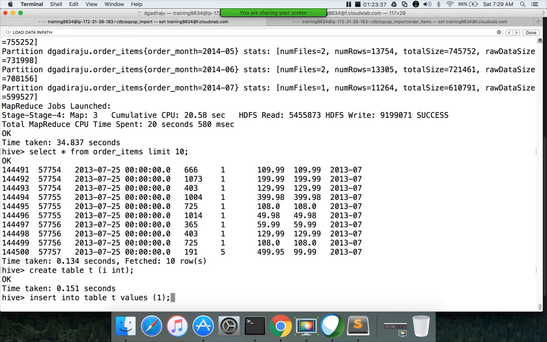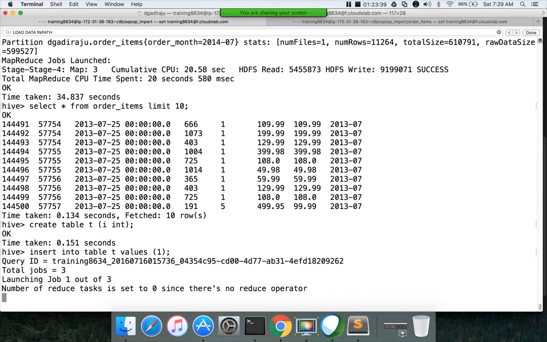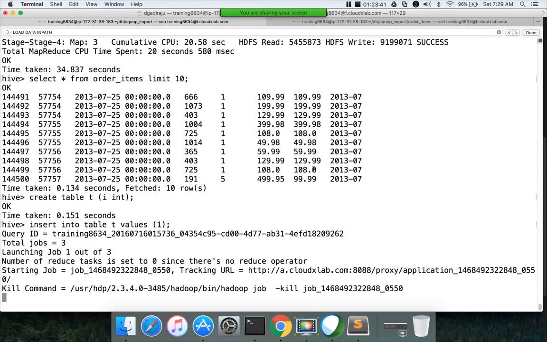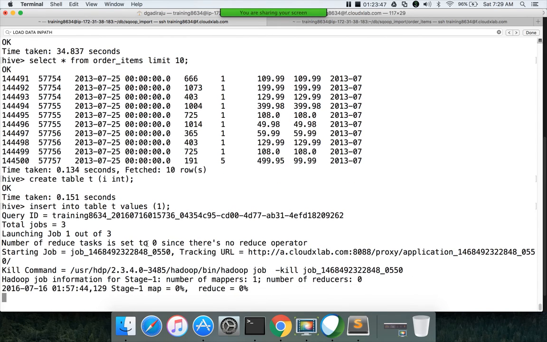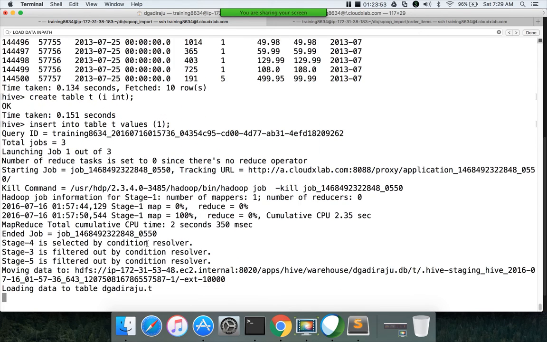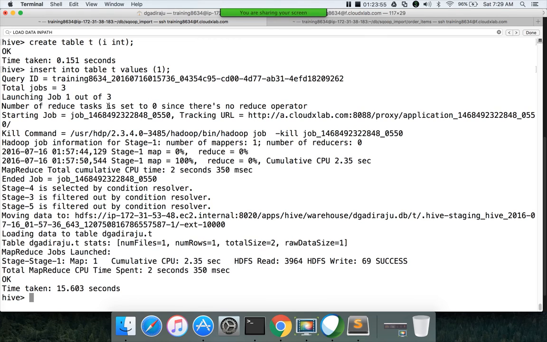This is very common in traditional RDBMSs. In Hive, this type of operation was not supported earlier, but now they are trying to support these things. But to insert one record, it takes forever, and there are so many restrictions around it.